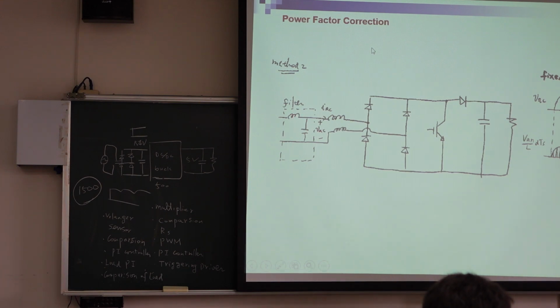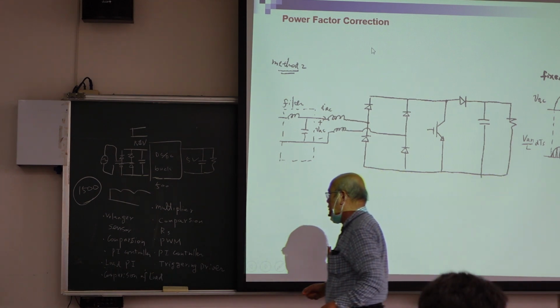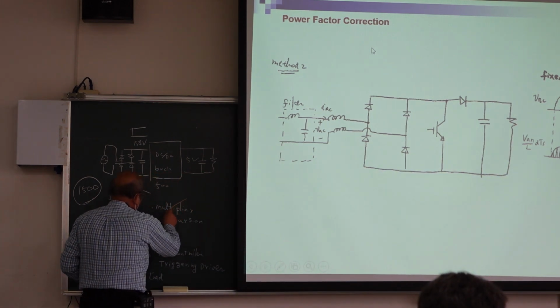And then I have a filter here. So after the filter, my current could be like this. So I get a near sinusoidal current here. The current is not good. The current is not as good as before, but it is still sinusoidal and with 0 degree phase shift. I still can use it. But what can I remove? I can remove how many? Multiplier,